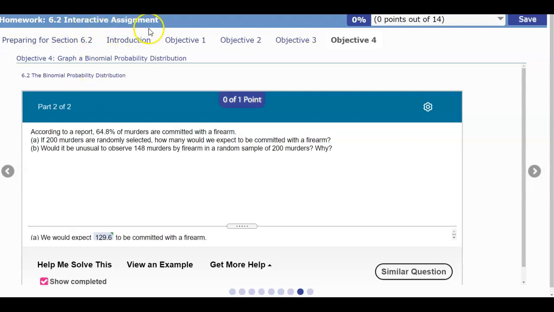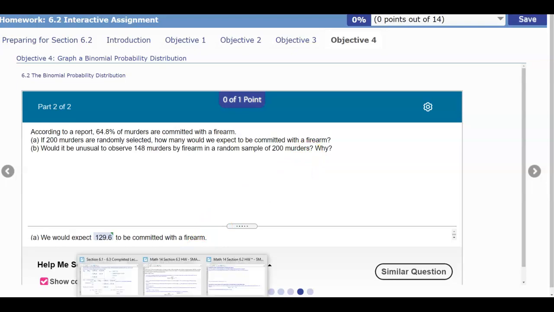Section 6.2 Interactive Assignment Objective 4. According to a report, 64.8% of murders are committed with a firearm. In Part A, if 200 murders are randomly selected, how many would we expect to be committed with a firearm? In Part B, would it be unusual to observe 148 murders by firearm in a random sample of 200 murders,